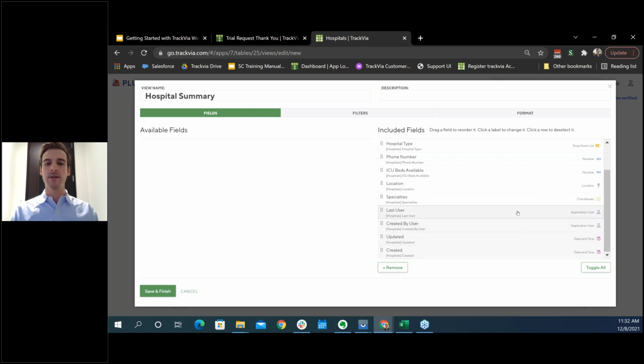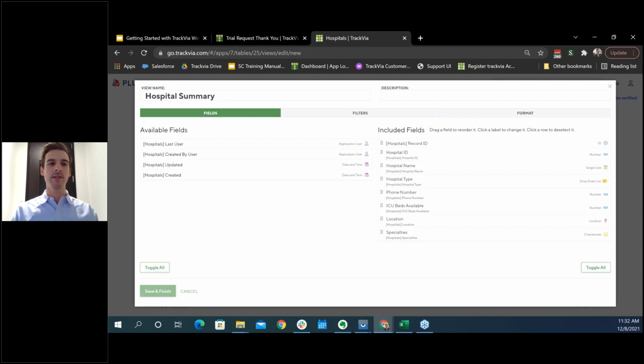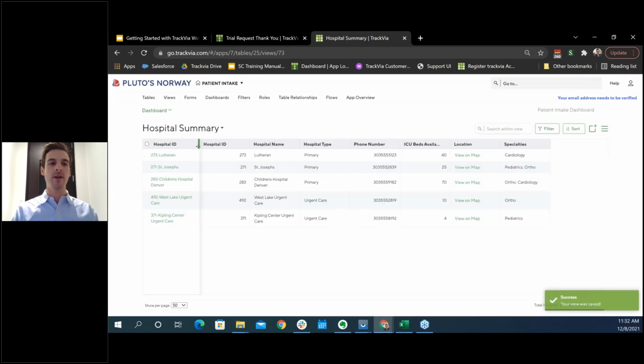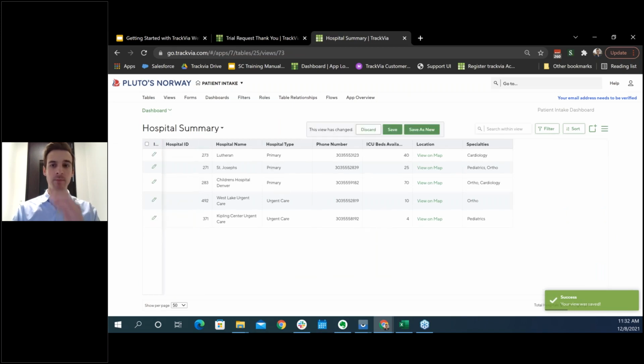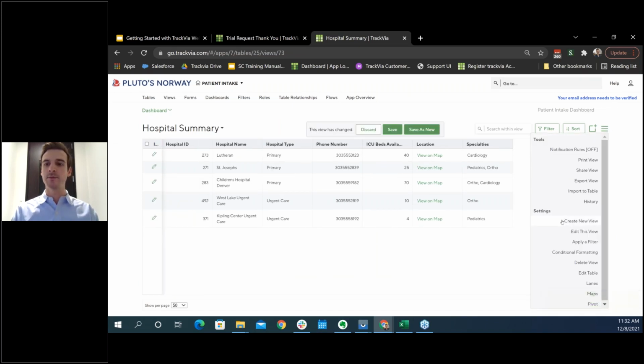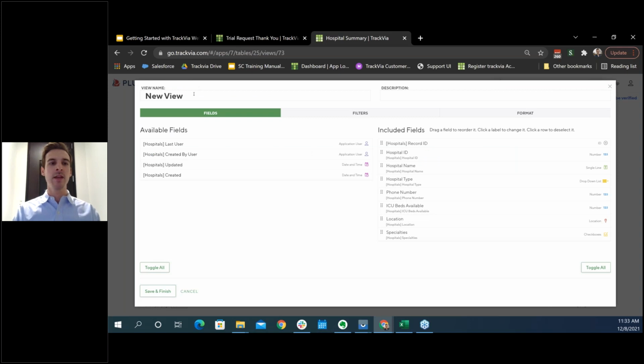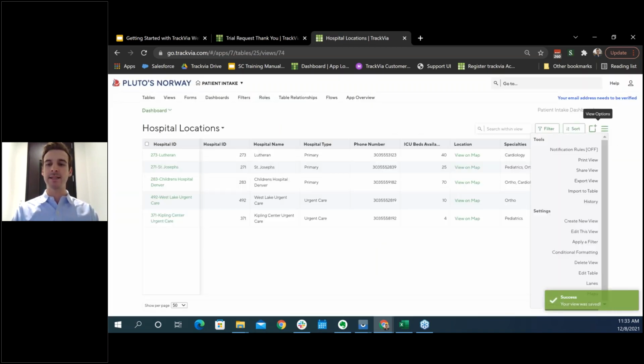Get rid of the system generated fields, save and finish. Now we have our hospital summary. So from here, I will create a new view, and let's do hospital locations. If I save and finish that, I can take this view option here, and now I can have a